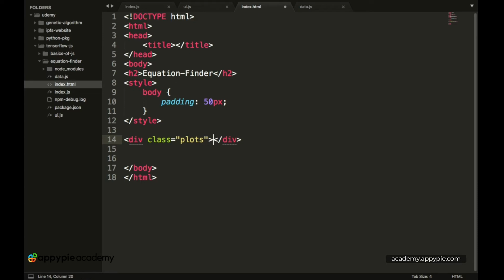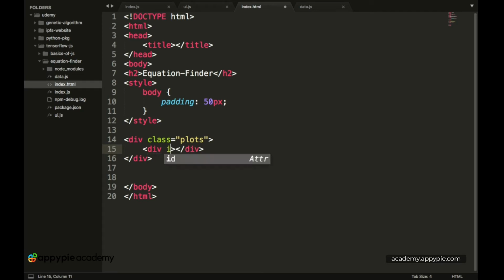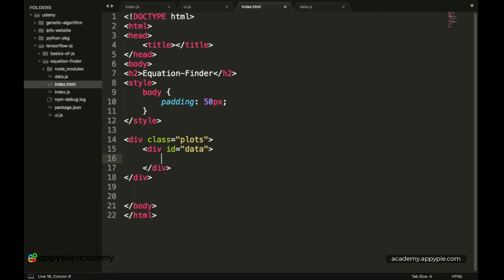Okay, so inside this particular class we have another div. Let's type in div followed by a tab over here, and this particular div has an ID of data. Then inside of these divs we have two more divs, or three more divs.